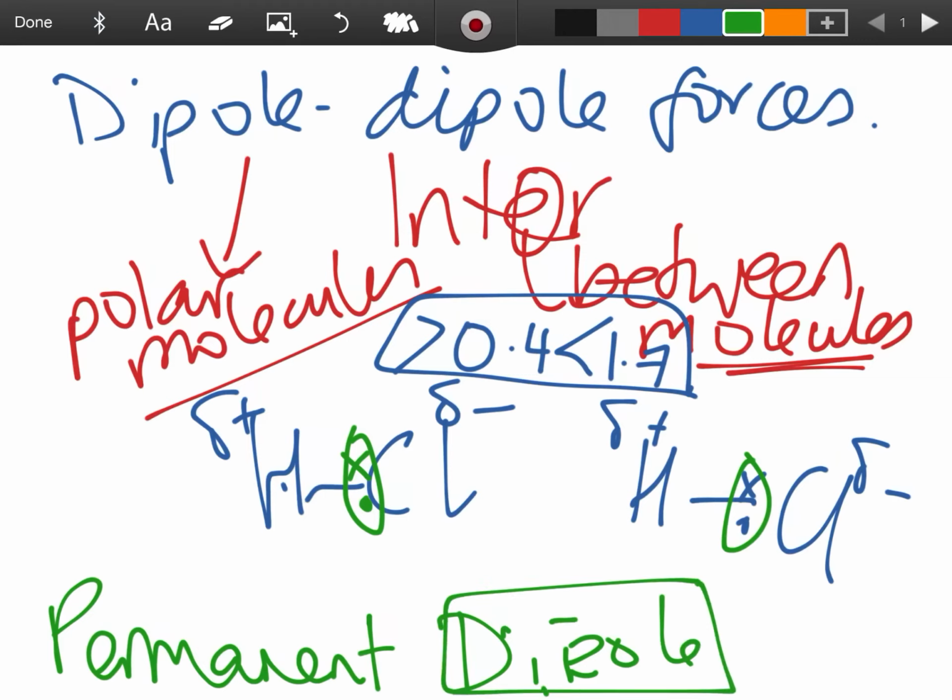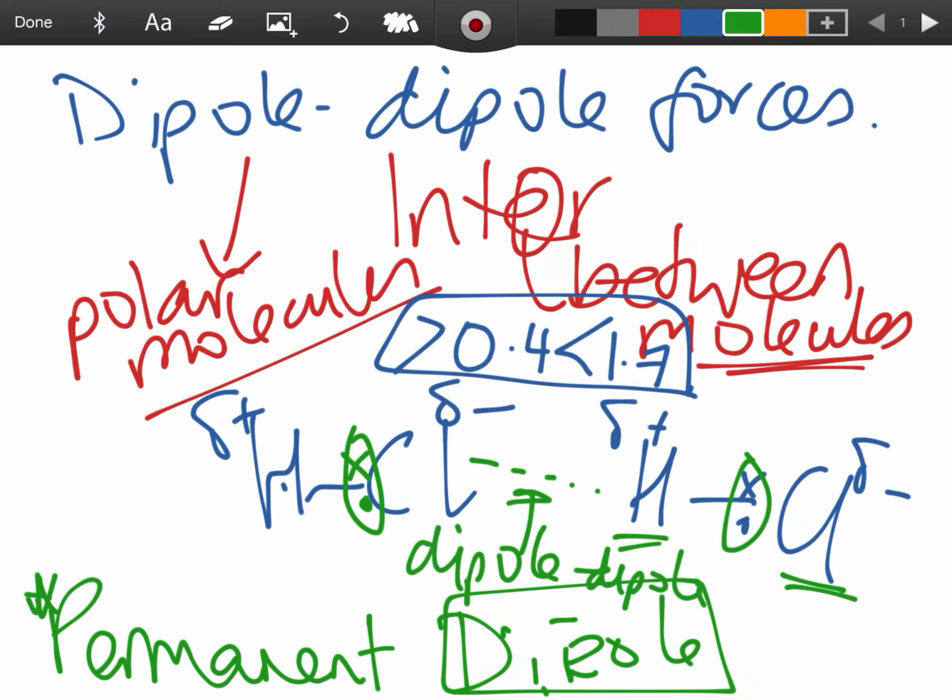Now, just to remember again, what's a dipole? So a dipole is where you have a region of positive and a region of negative charge separated by some distance. But this time, these aren't changing. These are permanent. They're always. Chlorine is always slightly negative. The hydrogen is always slightly positive. So there isn't a change in the dipole. And the type of intermolecular force then that you have between one polar molecule and the next polar molecule, dipole-dipole